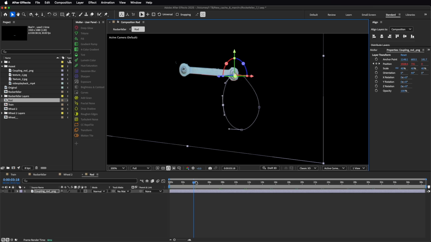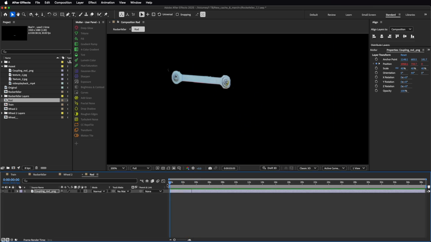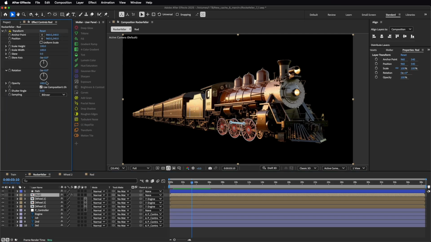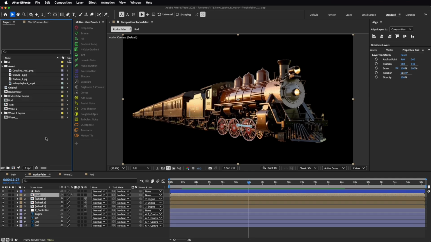We'll delete any overlapping points and fine-tune the position. We'll add a transform property to the coupling rod layer to make further positional adjustments. You'll see that the coupling rod is now moving perfectly in sync with the wheel's rotation. We'll duplicate the coupling rod layer for the second set of wheels,